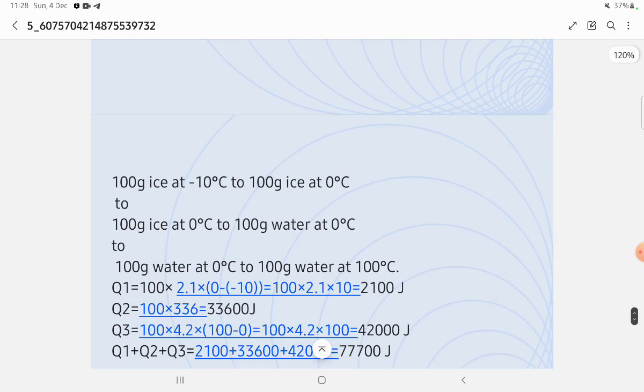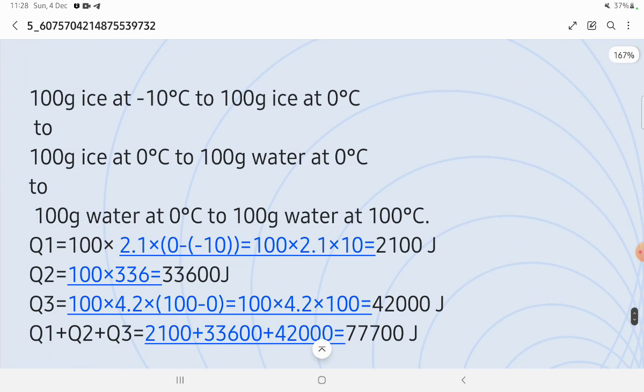So 100 gram of ice at minus 10 degree centigrade to 100 gram of ice at 0 degree centigrade. Then 100 gram of ice at 0 degree centigrade to 100 gram water at 0 degree centigrade. Next, 100 gram water at 0 degree centigrade to 100 gram water at 100 degree centigrade. So these are the three steps. In these three steps we have to calculate the amount of energy. The first one,